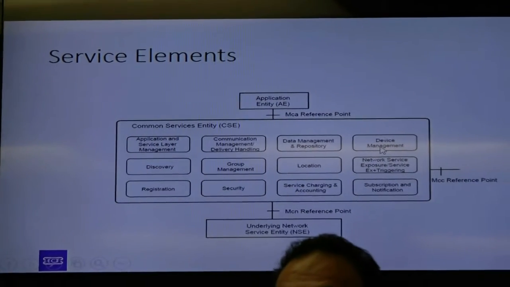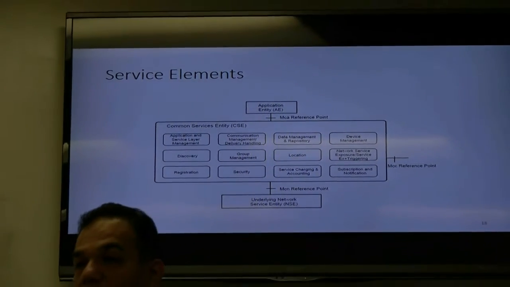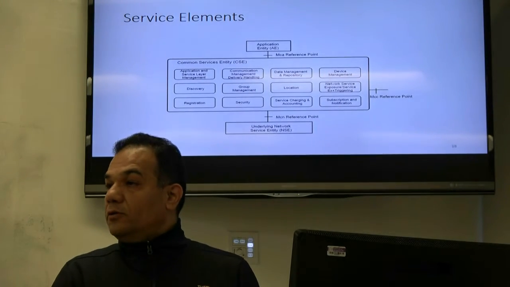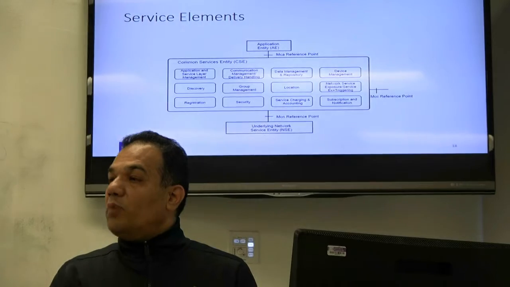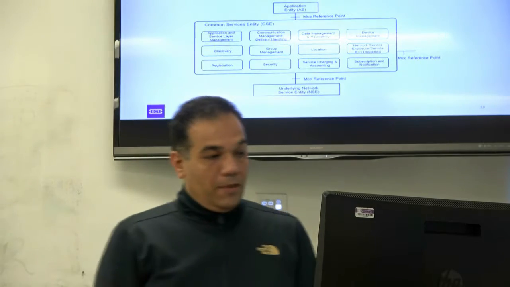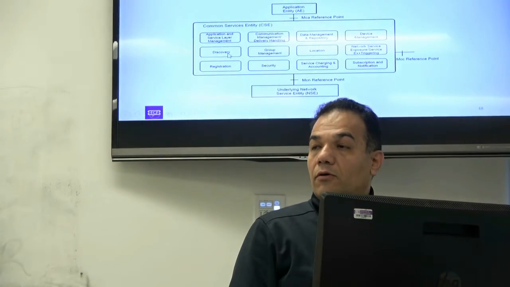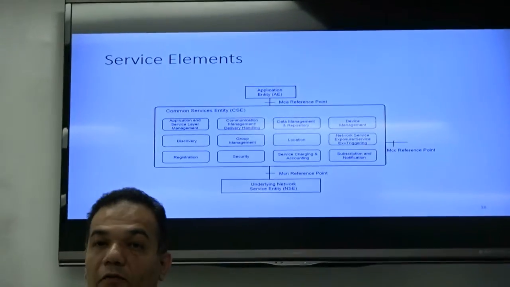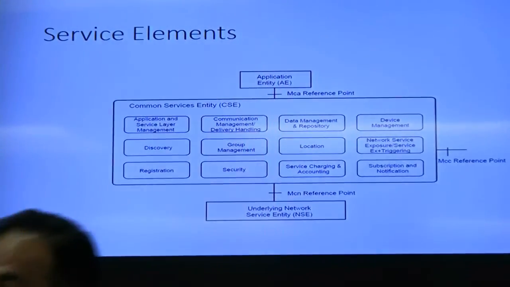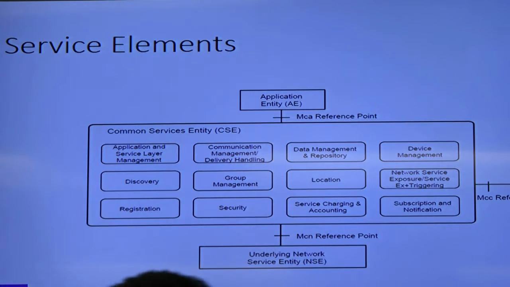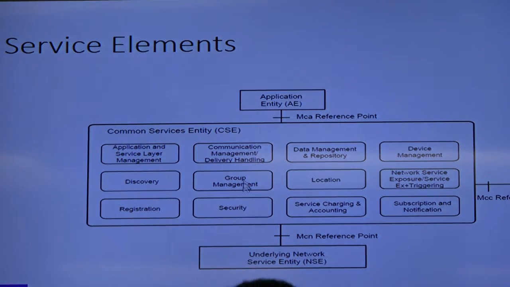Device management. You need to manage the device. Sometimes you have a problem with your iPhone. It's a device, a kind of IoT, right? So you allow people at the company to get to it. They try to ping it and change some configuration for you remotely, right? Then you're going to have discovery. When you move with your wireless device, you move from one network to another network. So you have to discover what the current network is, and the network has to discover that you exist. Discovery, how these protocols have to work. Group management, how you group certain devices together.